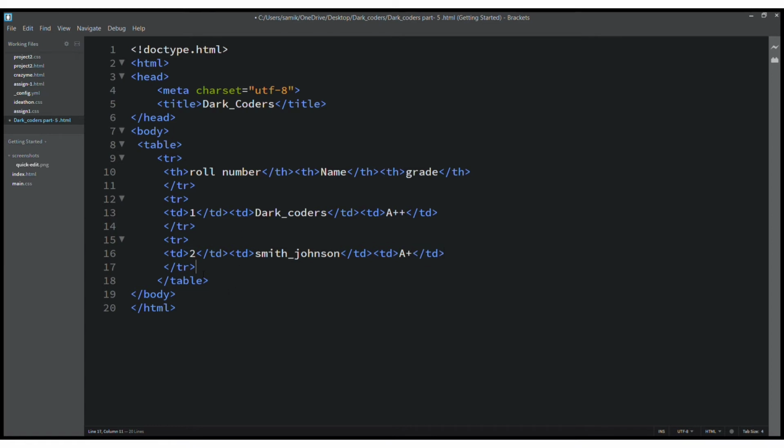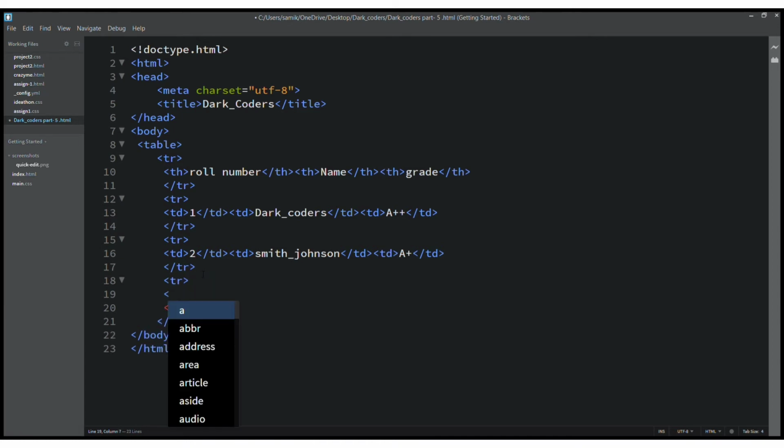After that I will give one more piece of information. After tr, once again td. After tr I will place it two places down, then once more td, here 3.